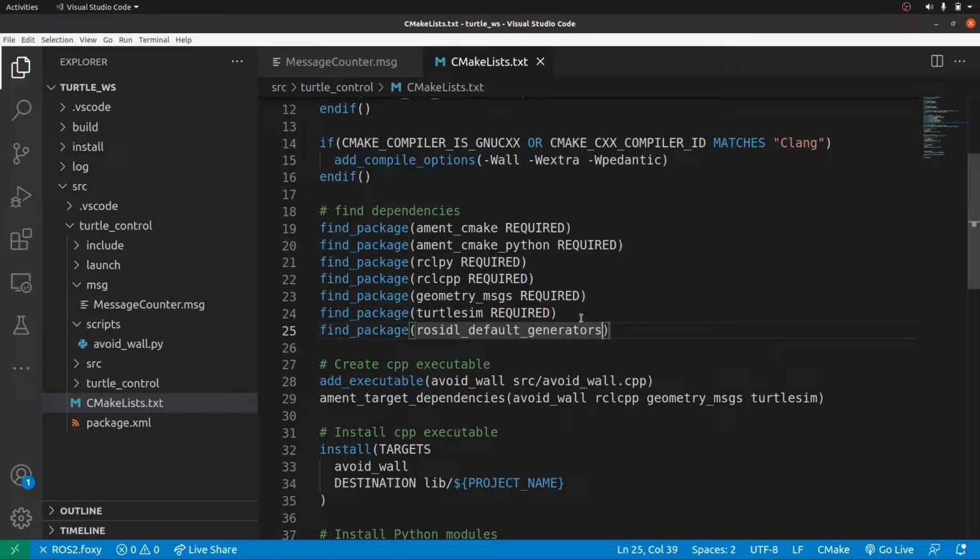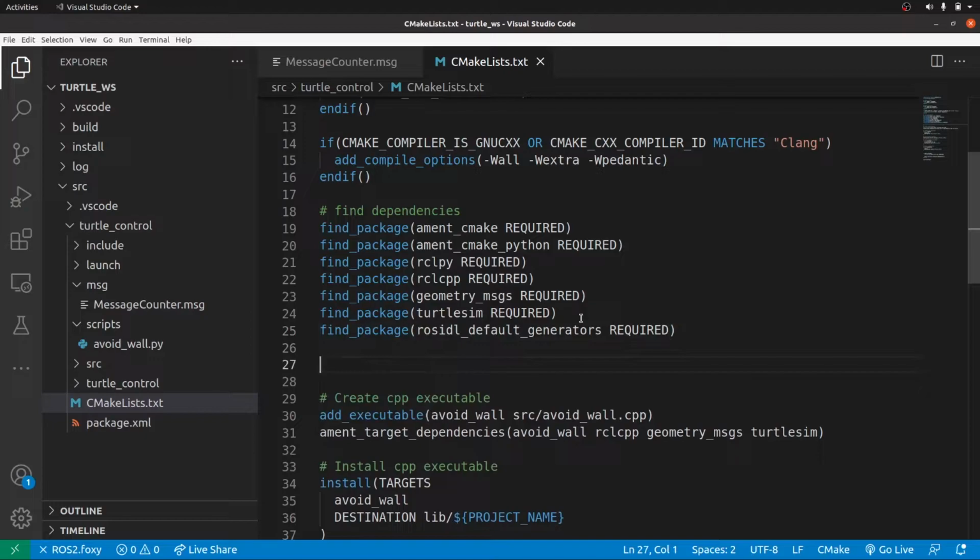Okay, and then you put in REQUIRED. So it's a required package to be able to run our custom message. And then the next thing is called rosidl_generate_interfaces. So when you have added the package, then you can generate the interface for the package. So I'm just going to tell it rosidl_generate_interfaces,